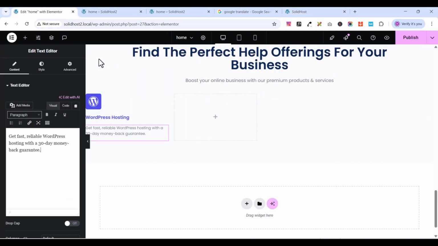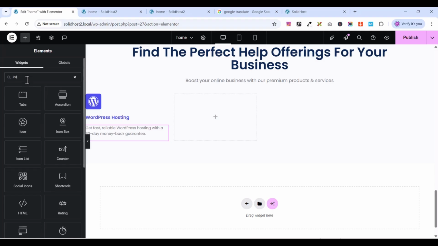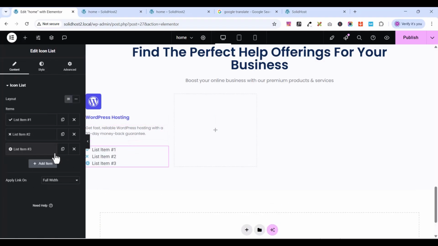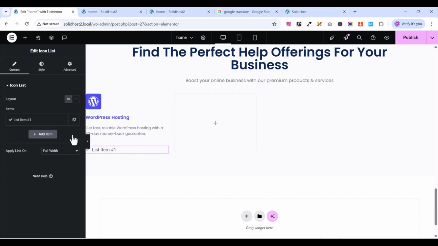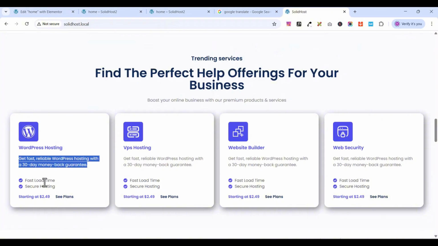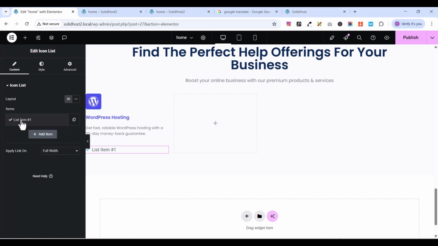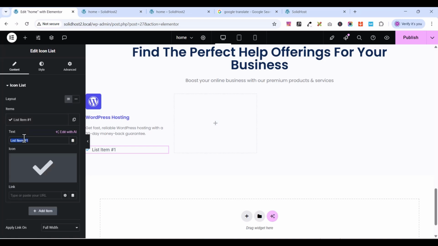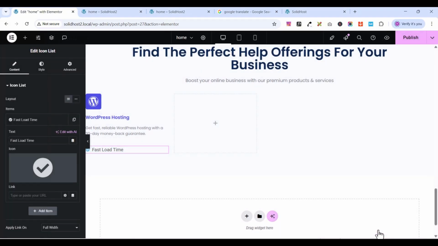So from here, I need to add another element, an icon list. Icon list. So I'll select this icon list, leave it below. I will delete this one. Delete this, delete this, then let me see. Okay, so I'll copy this back here, select this one, paste it here. Then for the icon, I'll change the icon. I want this one. I'll select this, insert. Okay,